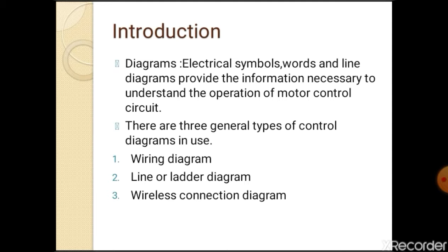This diagram eliminates connection between devices when many wires must be shown. It is similar to the front view of the control panel board, indicated with reference numbers and letters.